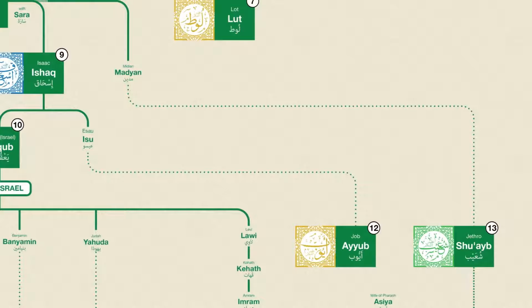Madian. Interestingly, although Islam originated in Arabia, only 4 of the 25 prophets named in the Quran lived there. Shuaib is one of those 4, the others being Hud and Salih, who I mentioned earlier, and of course, Muhammad. I should also mention that although only 25 prophets are mentioned in the Quran, it is traditionally understood that there were about 124,000 prophets. So perhaps there were more in Arabia that were simply not mentioned.